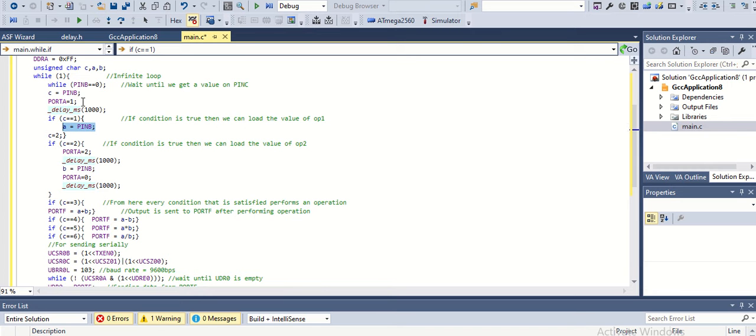A. So when the port A1 LED turns on, we have to put our operand 1, which will be saved into character A. After that, we have assigned C2, then it will enter C2, then the LED at port A2 will turn on, which will indicate that now we have to input our second operand. So after a delay of 1 second, which will give us enough time to change the number at the keypad, the second operand will be saved in character B.